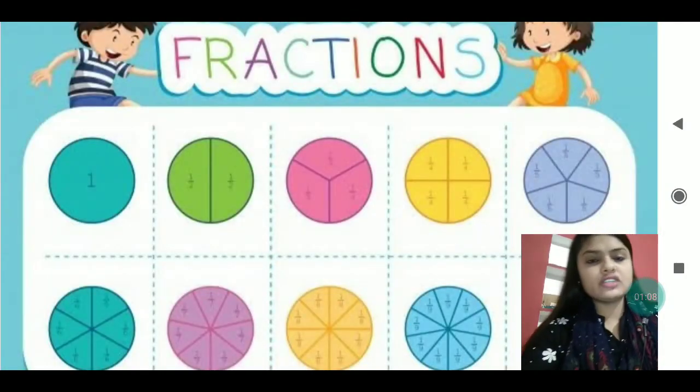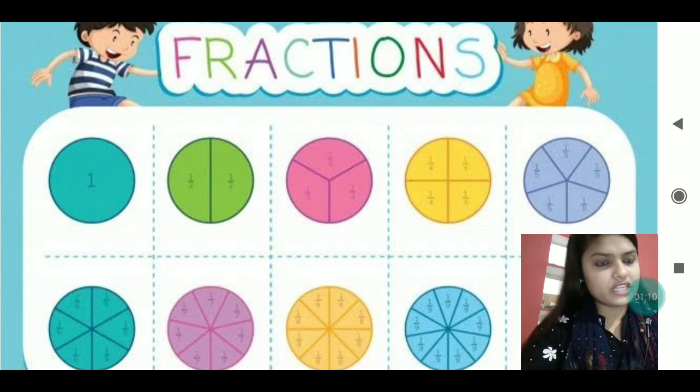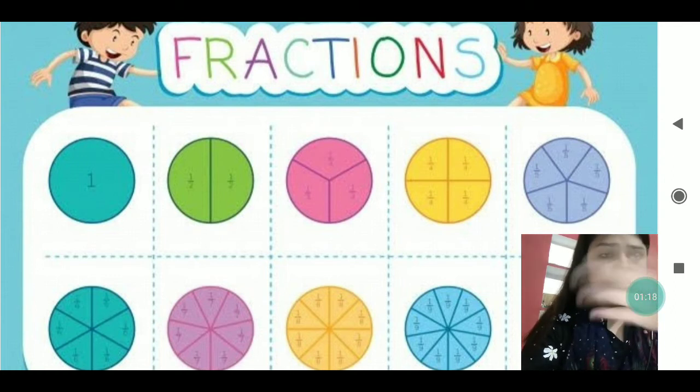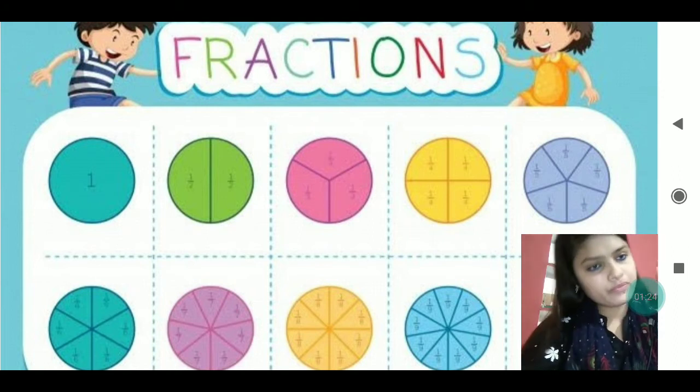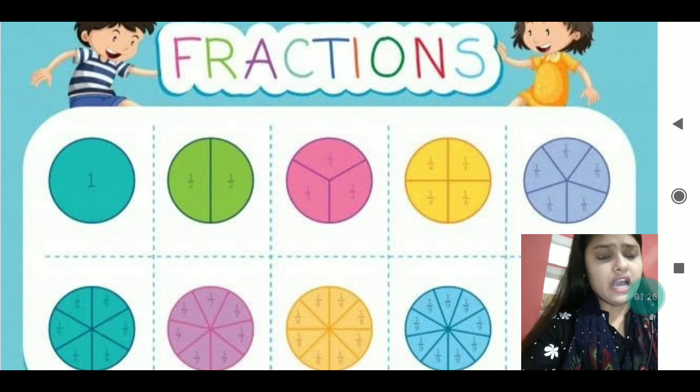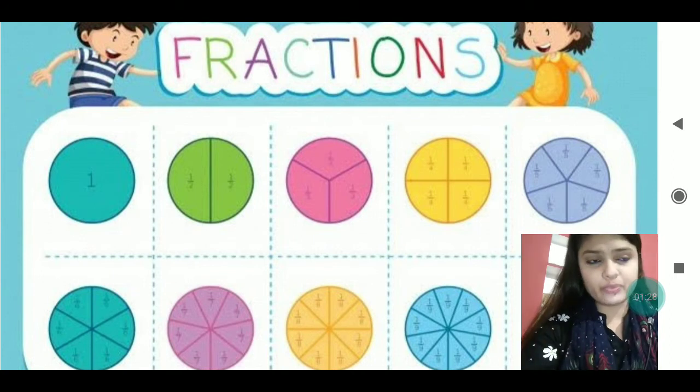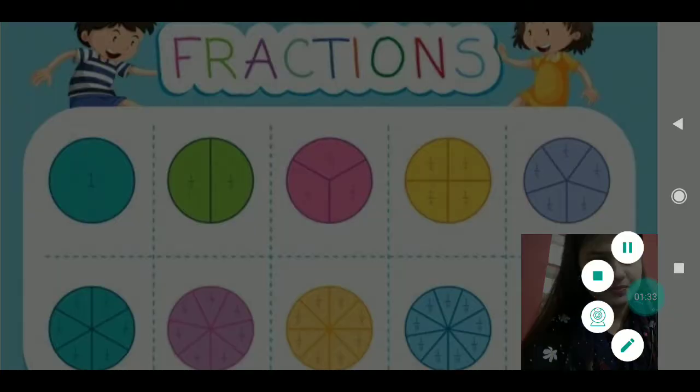So, fraction only, students. Again, I am telling you what a fraction is. When any whole or a set of things is distributed, that is what a fraction is all about. There is a whole thing and it is distributed into two parts, three parts, four parts, or different parts. That is the fraction. The number which we write upside is the numerator. The number which we write downside is the denominator.